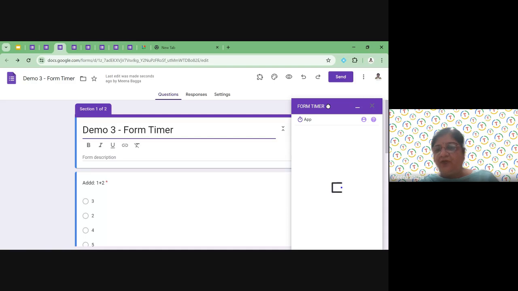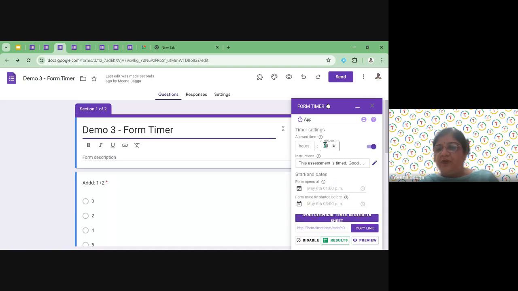You have seen the control here. Yes, you can increase or decrease it. When you share this form with someone, you choose copy link, and this link you share with the person. He or she can see the timer run at the top in front of them. From the 30 minutes, it will be decreasing and they can follow the time. I hope it is clear.